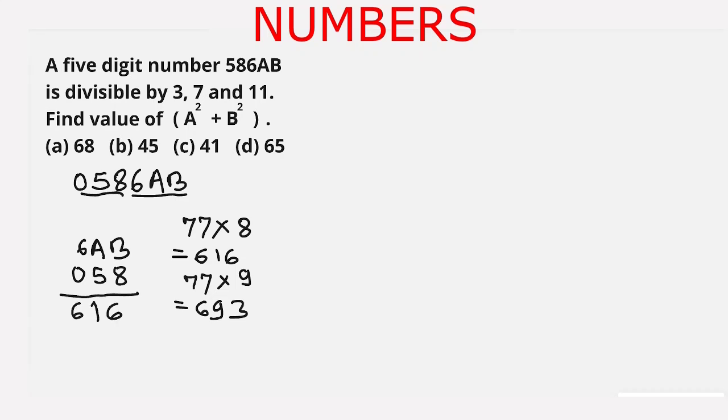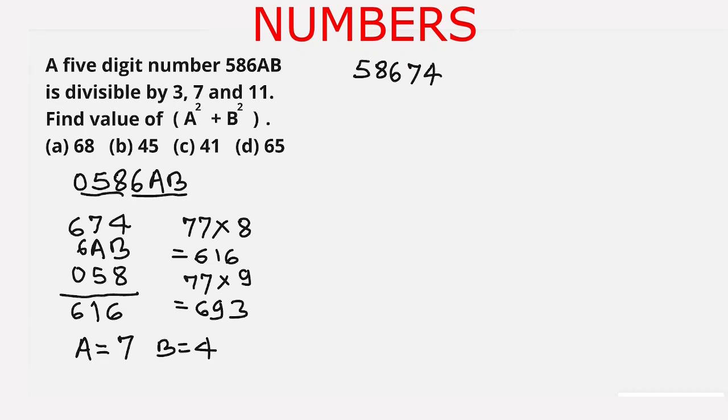Now 6 plus 8 is 14. We carry 1. 1 plus 1 is 2. 2 plus 5 is 7. And 0 plus 6 is 6. So 6AB becomes 674, which gives the value of A equal to 7 and B equal to 4. By using the value of A and B, the number becomes